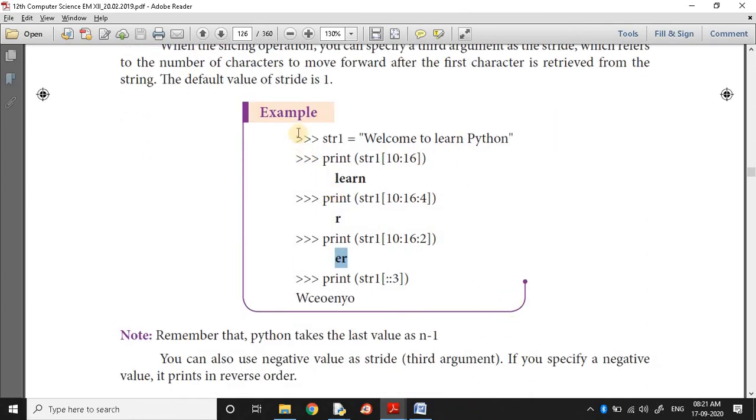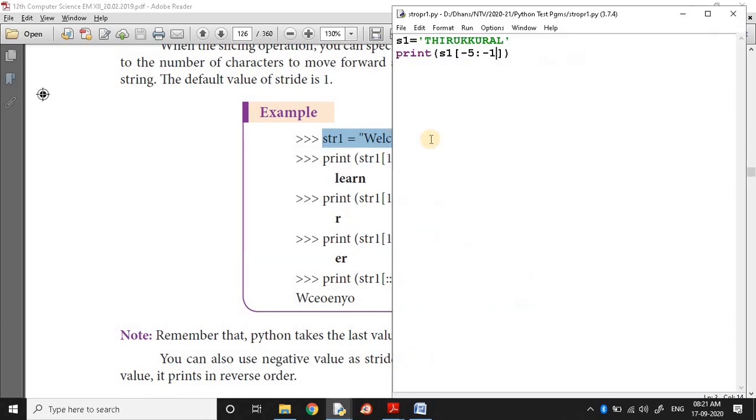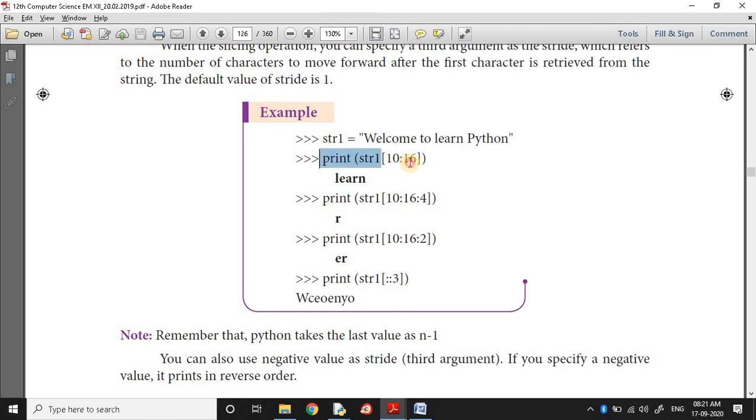So let us take the same example, string 1, welcome to Python. Striding jumps the number of characters which is given. Okay, string 1, then print.